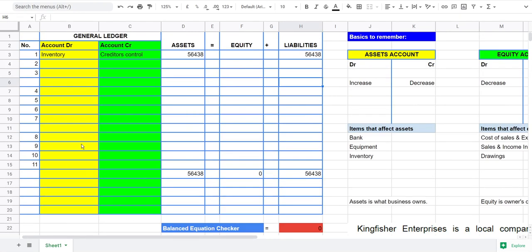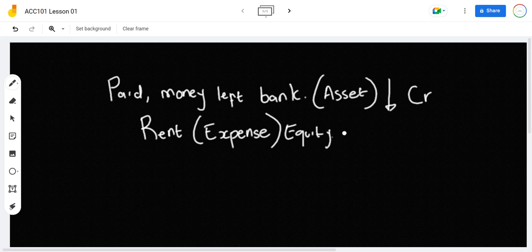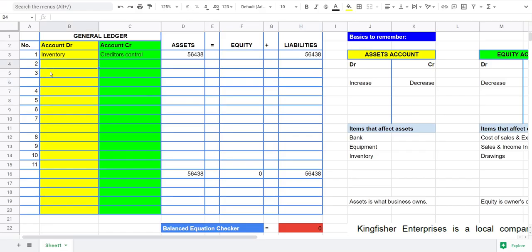And we know that our equity is going to decrease on the debit side. Right, it's going to decrease on the debit side. So you'll come here, and then under your account debit, that's where you're going to write the rent, and then under the account credit, that's where you're going to write the bank,